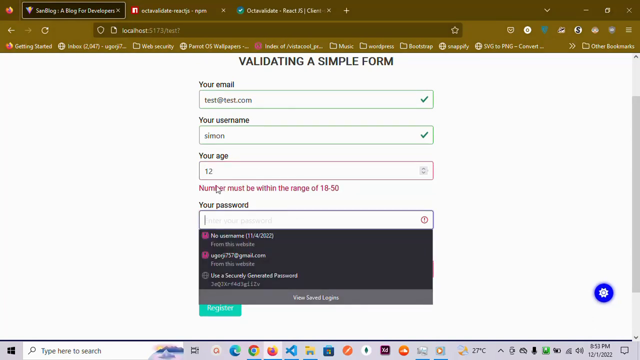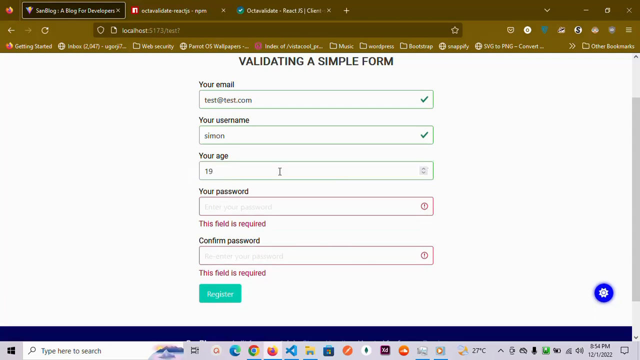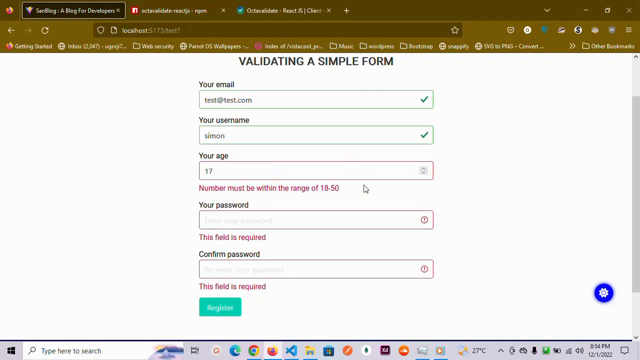You can see that it's telling me that number must be within the range of 18 to 50. So if I come here and provide 19, it's correct. It's absolutely correct because 19 is within the range of 18 to 50. But if I reduce it to 17, it's wrong again. So all we have to do now is to make sure that